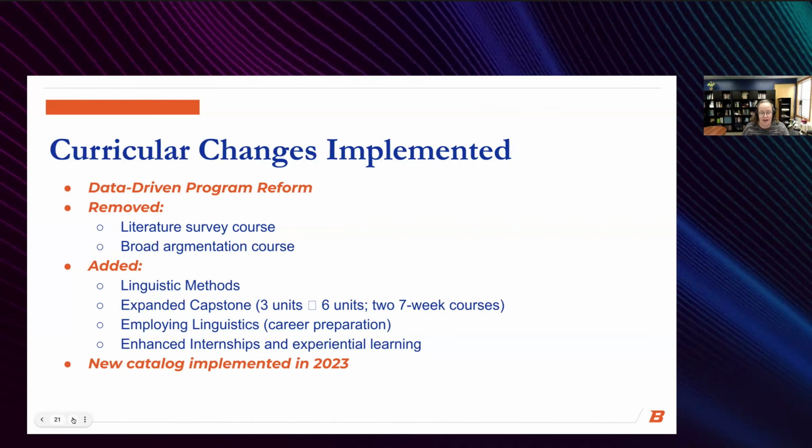So the changes that we made, the first one, as Aiden mentioned, had to do with that literature course and the broad argumentation course. We removed those requirements.